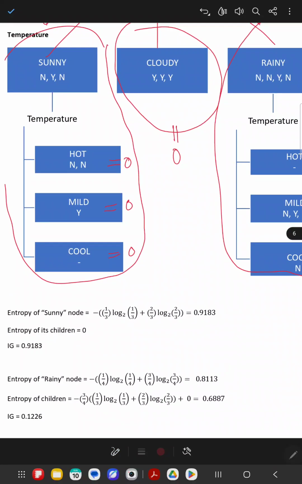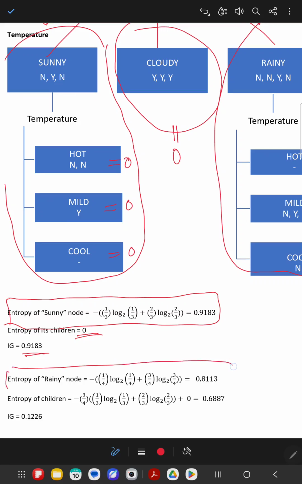So the initial entropy that I was talking about: the initial entropy of sunny is 0.9183. The entropy of its children is 0. So the information gain with temperature as the next splitting attribute will be 0.9183. The initial entropy of rainy will always be 0.8113. And the entropy of the children when temperature is used as the splitting attribute is